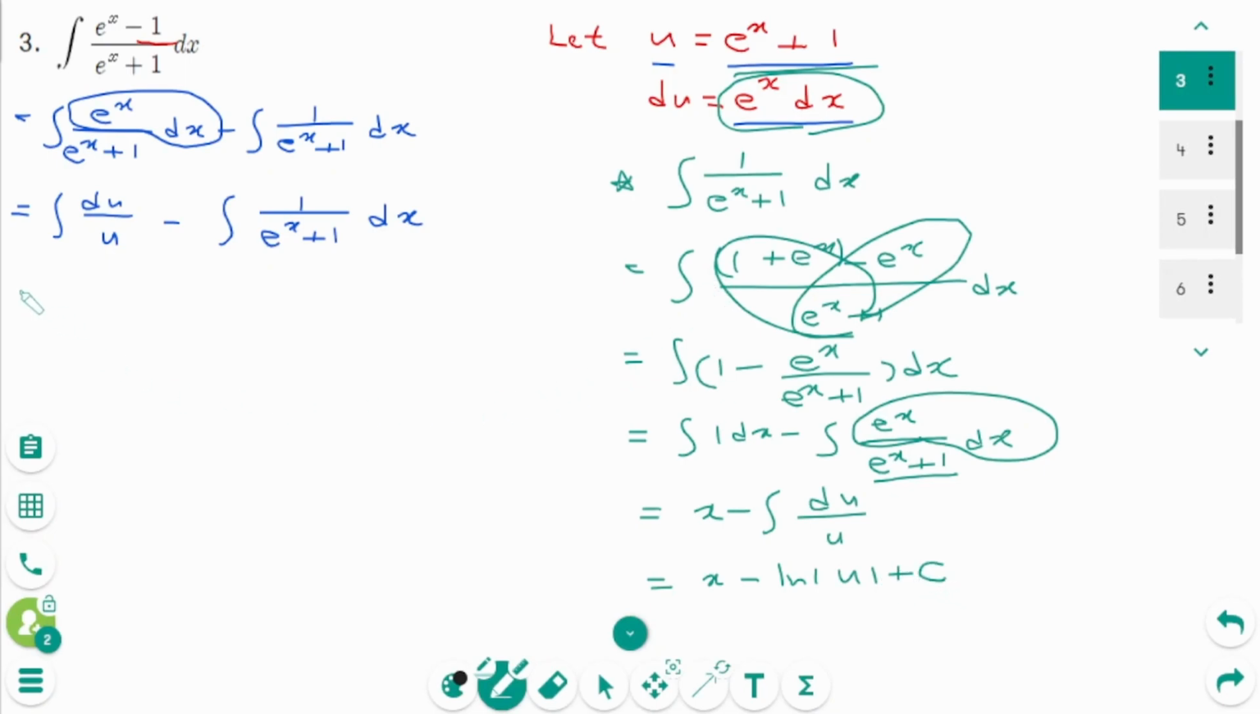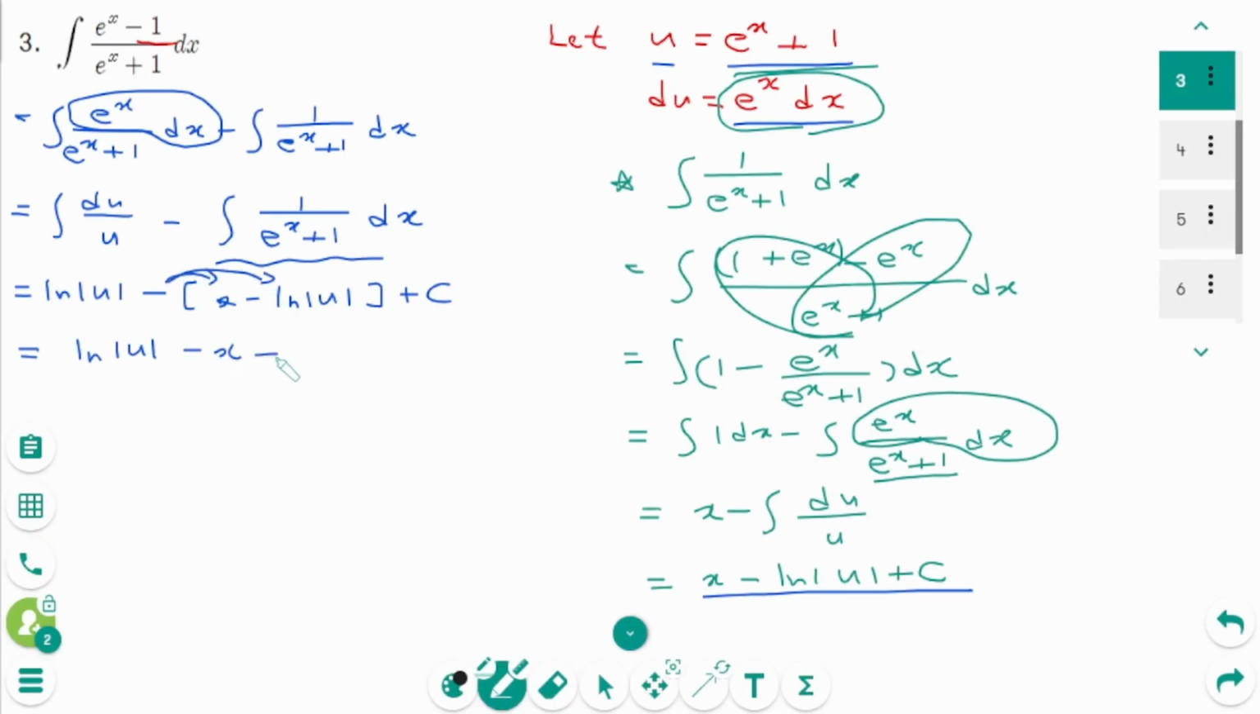Then back to the original. ln absolute value of u minus, this whole thing is here, x minus ln absolute value of u plus c, equals ln absolute value of u expand, minus x plus ln absolute value of u plus c equals, this one and this one combined together, ln absolute value of u minus x plus c, equals ln, u was e to the power of x plus 1,